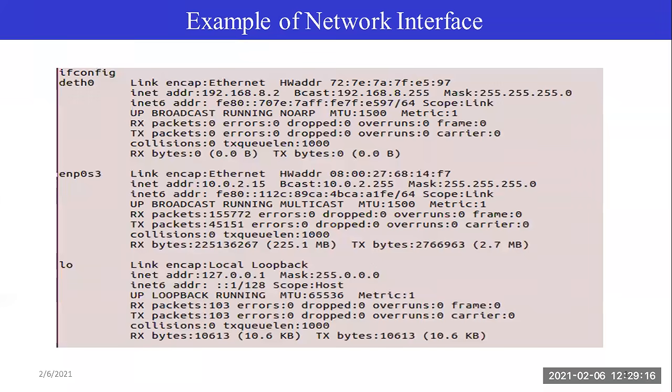So you said deth0 is the virtual interface? Yes. From this ifconfig output, is there any way to tell that it is a virtual interface? No, there isn't. That is why I'm telling you that whether the interfaces are virtual or physical, you do not even know from the name whether enp0s3 is wireless or Ethernet or Wi-Fi or something else.